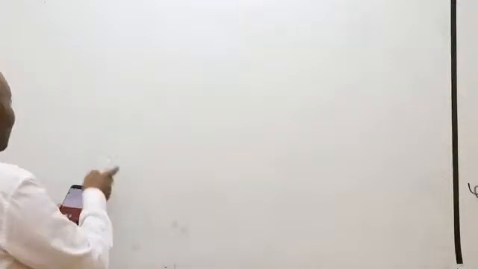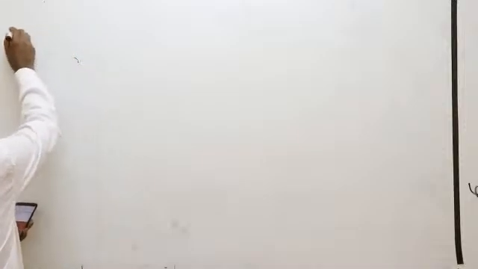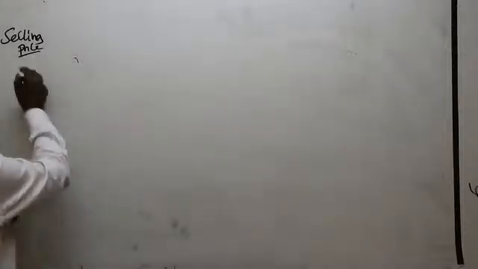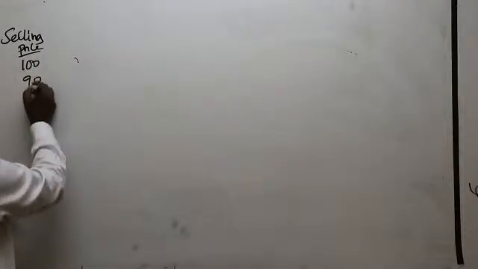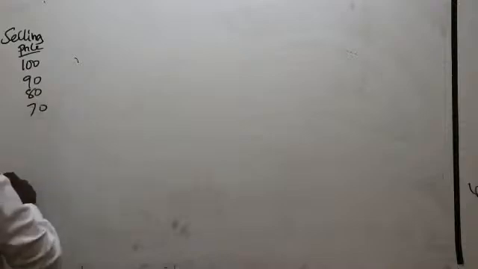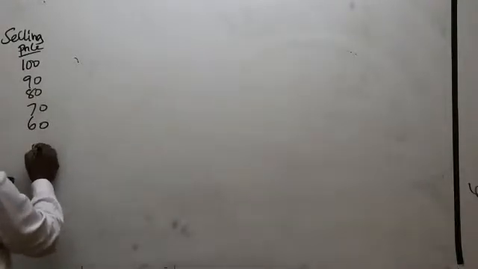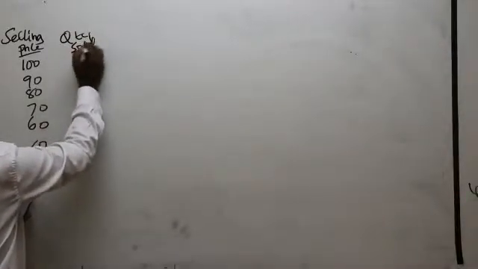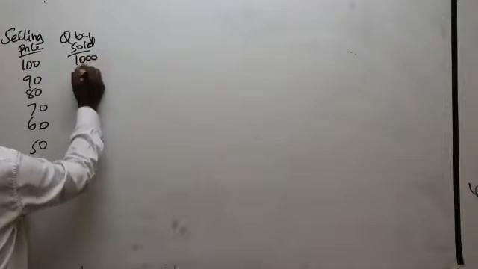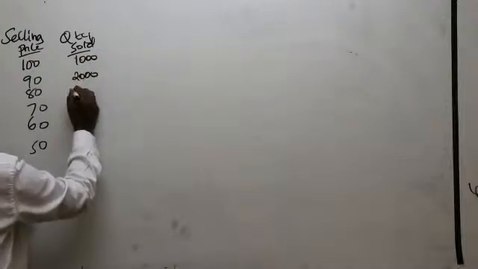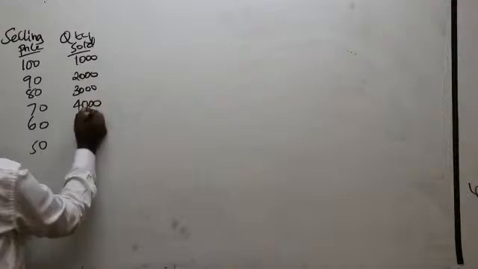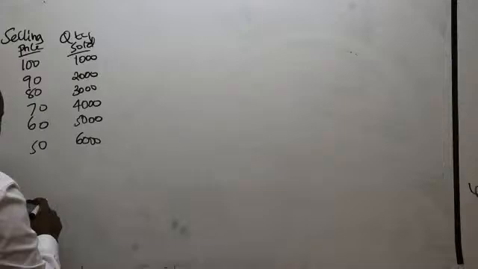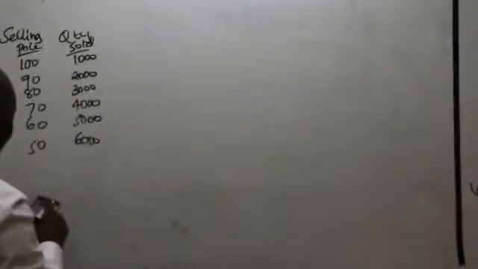So they have given us the selling price. The selling price could be 100, 90, 80, 70, 60, 50. And then we have quantity sold, ladies and gentlemen: 1,000, 2,000, 3,000, 4,000, 5,000, 6,000. And then down here, they have given us